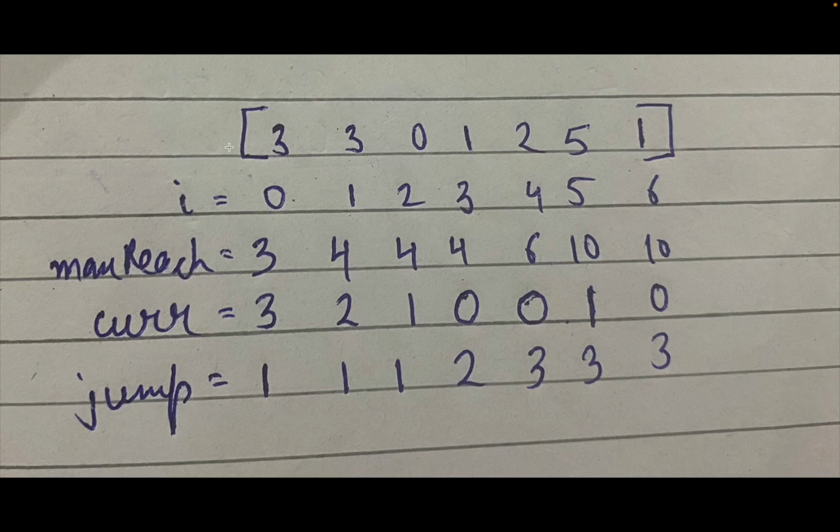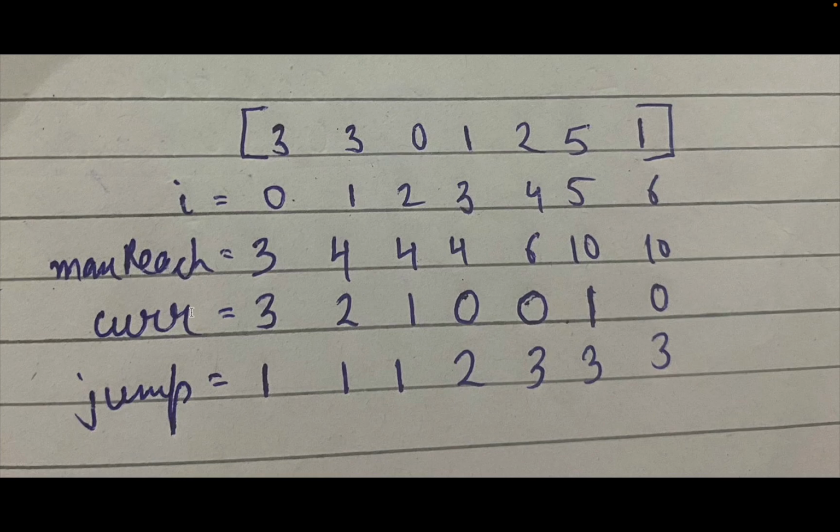So here what we will do is iterate through our complete given array. Suppose this is a given array, and we will define 3 variables. One would be jump. This jump will contain our final answer. Then max reach would contain, whenever we have covered up to index i, the maximum index up to which we can go. So this will define the maximum index up to which we can go, and current represents